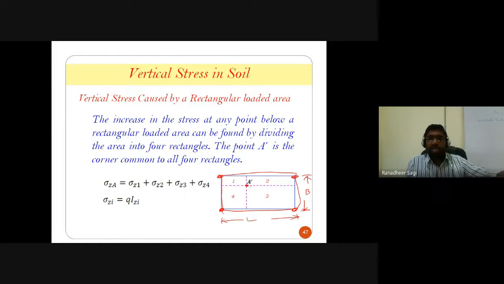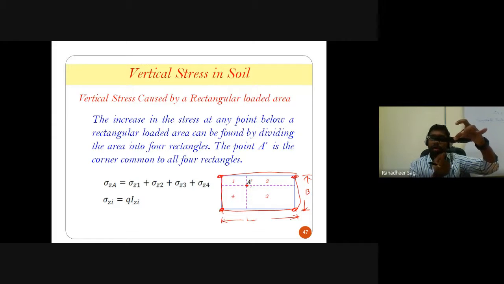The chosen point I am trying to look at is somewhere in between these corners, not exactly lying below the corner, rather somewhere in between, in the loaded region only, but not exactly falling below the corner points. It is somewhere here. So in such a particular case, what should I do?